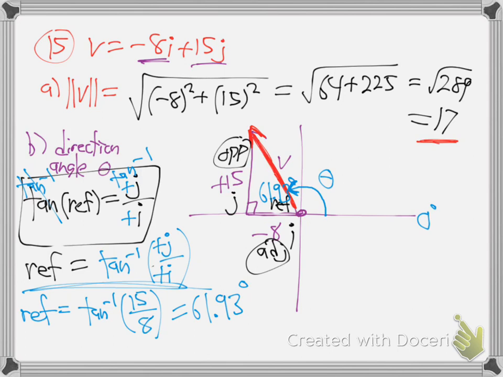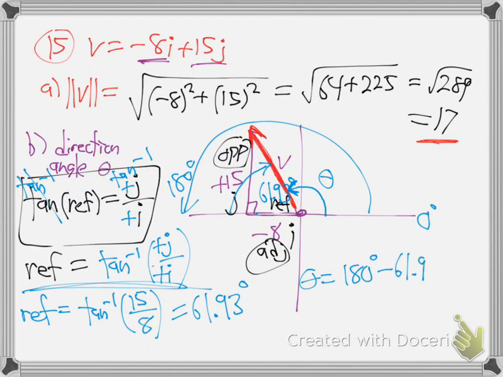How do I get the theta then? Subtract 180. Good job. Remember how we learned to do the different quadrants? So that's 180 to here, and then back up 61.1, so that theta is 180 minus 61.93. And let's do it. And you can use the answer button on your calculator. Take 180 minus answer, minus the last answer,